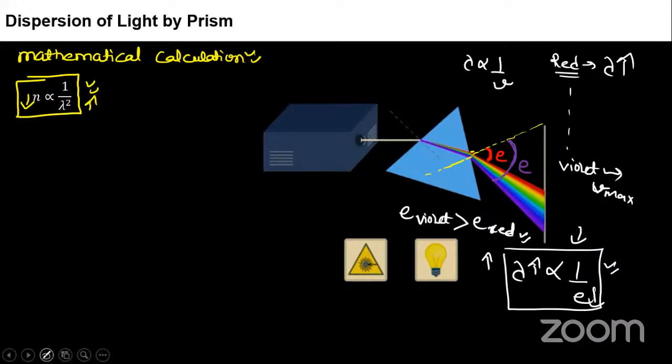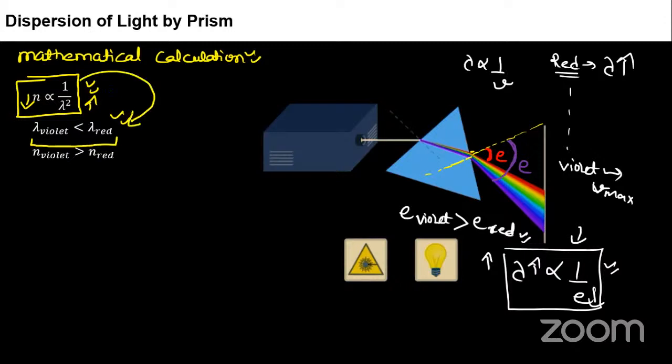Okay, students? See next. It shows you here lambda of the violet and lambda of the red. Lambda of the red is more than the lambda of the violet. This we know. So due to this, we'll say here refractive index, because it will follow this law now. Remember this law. So according to that equation, the refractive index of violet will be greater than that of red.